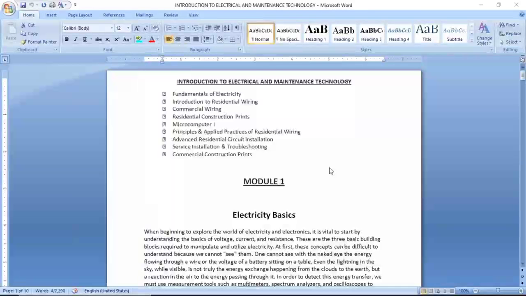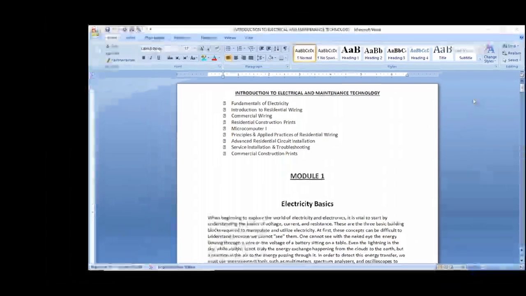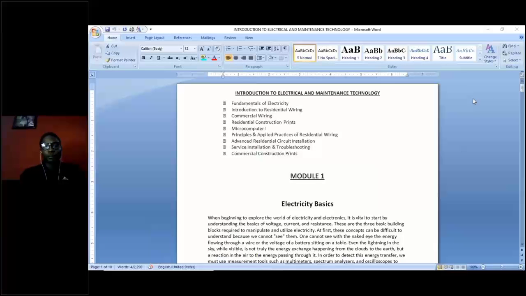This is our first class meeting, and we'll be looking at an introduction to the course. It is an introduction to electrical and maintenance technology, and the topics we'll be touching are fundamentals of electricity,